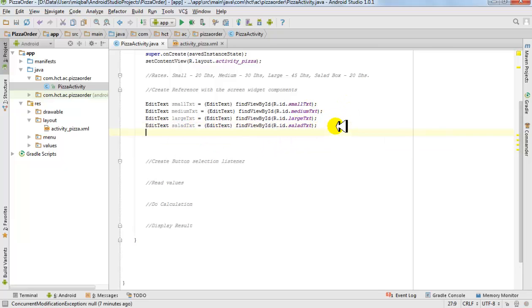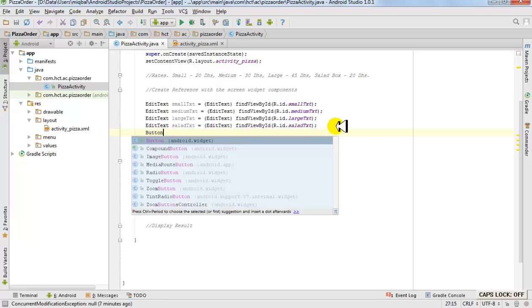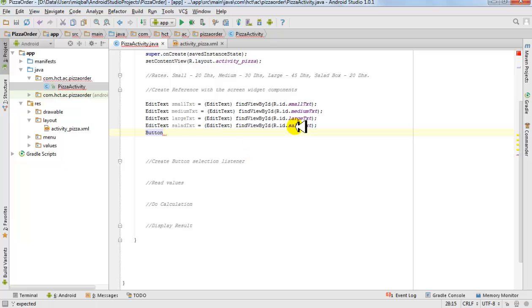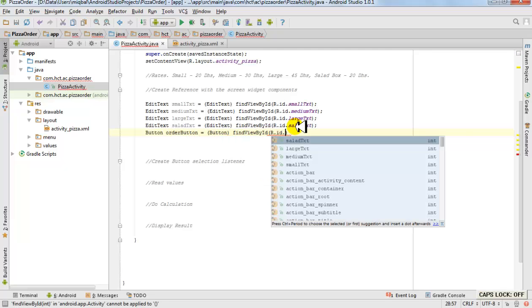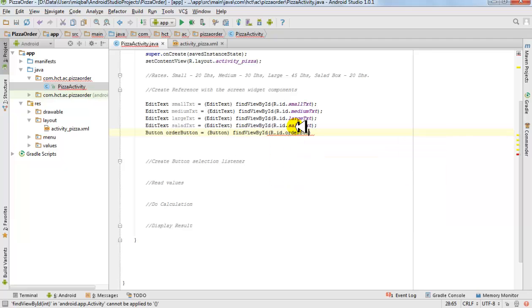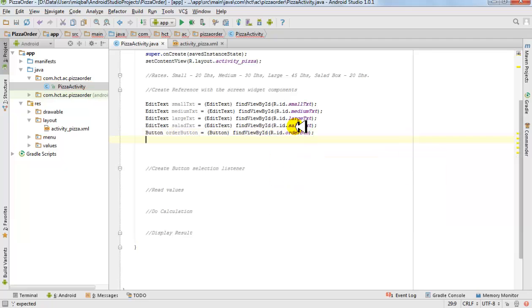Now I need to get the reference for the button. So I'll say button, android.widget.Button. Yes. Order button is equal to, cast it into a button please, and then find view, the same thing by id, R.id dot order button. Yeah, order button, this is the name I gave it. And lastly the result,